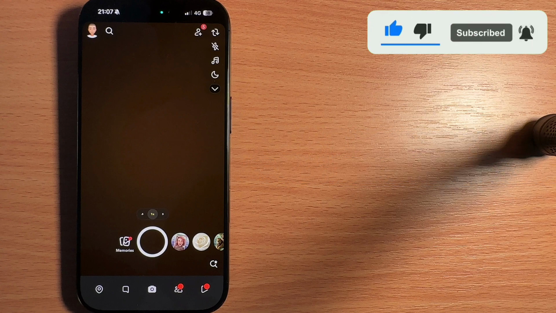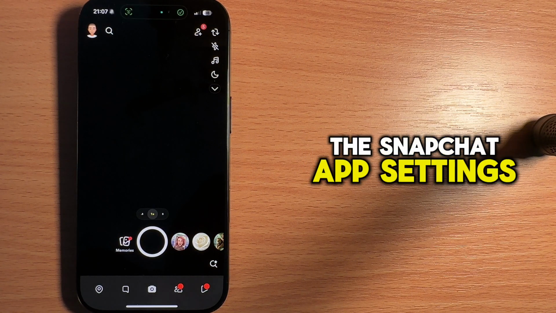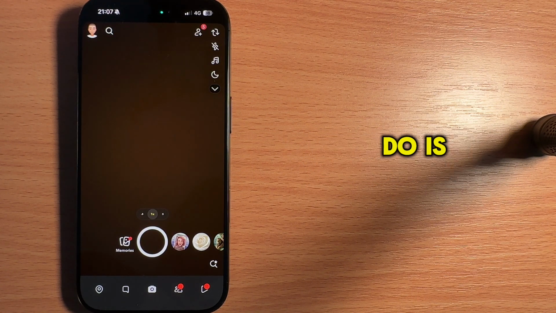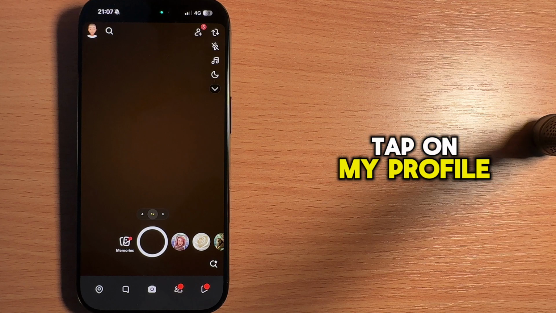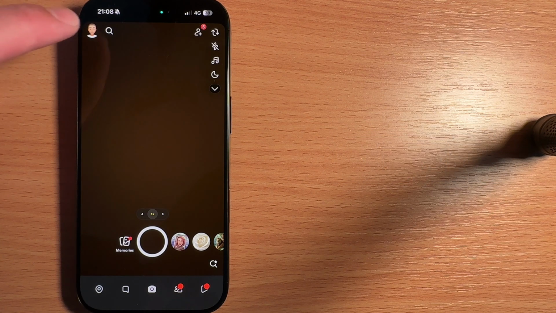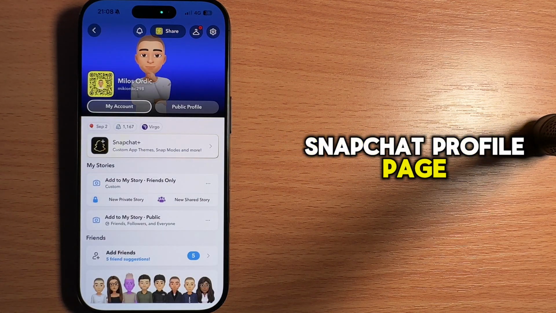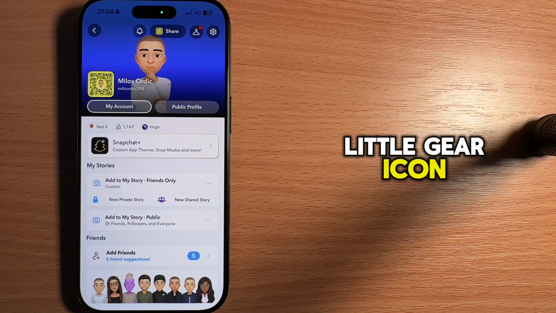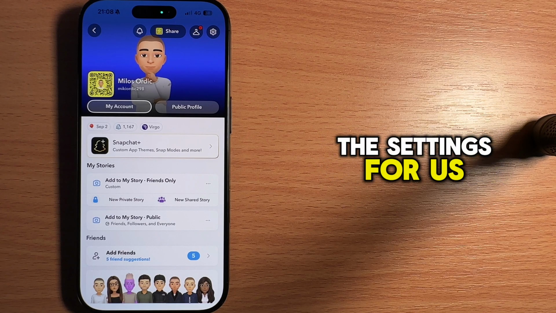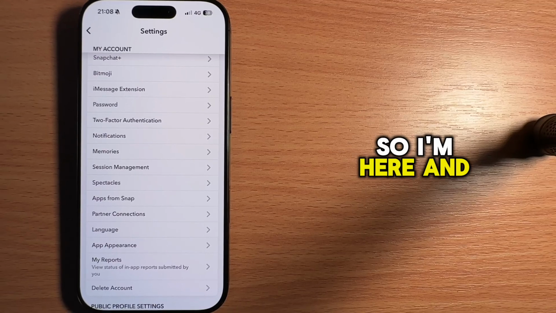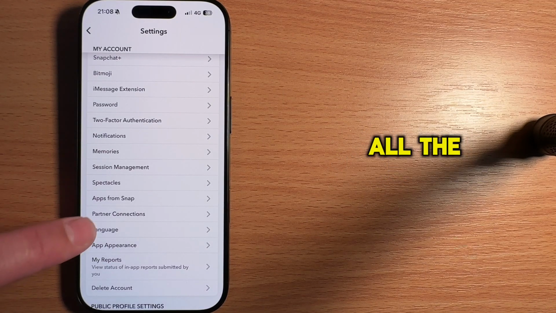I'm first going to access the Snapchat app settings page. So what I will do is open my app and tap on my profile picture at the top left. Once on your Snapchat profile page, you're going to see this little gear icon, which is going to open the settings for us. So I'm here, and all I have to do is scroll all the way down towards